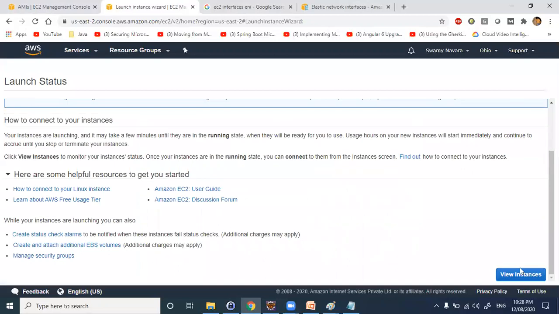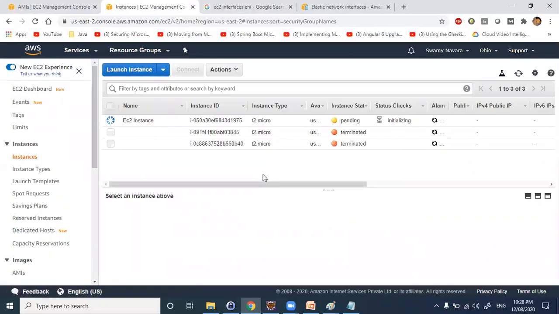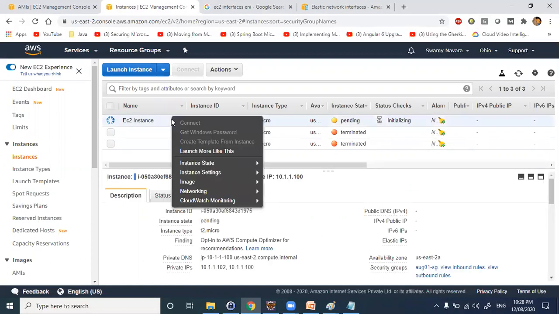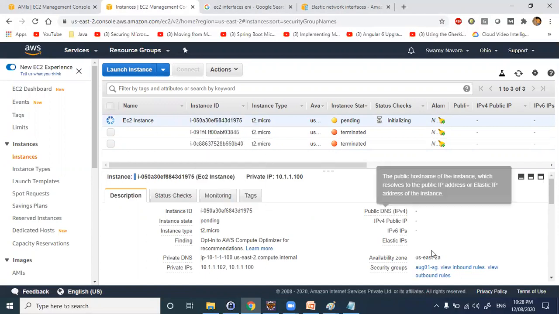If you go and view the instances, you can see the other information of this particular instance in the dashboard. For example, let me refresh this one.